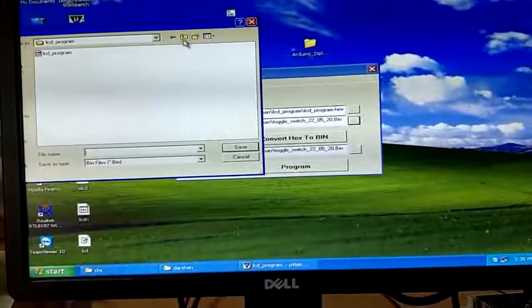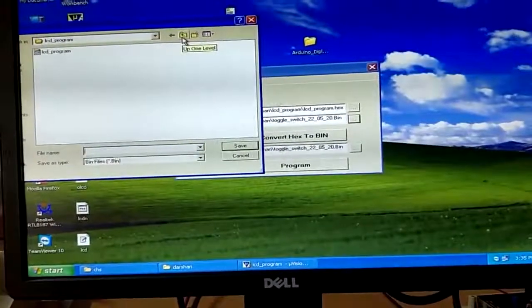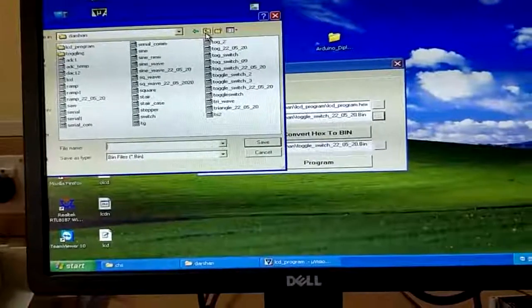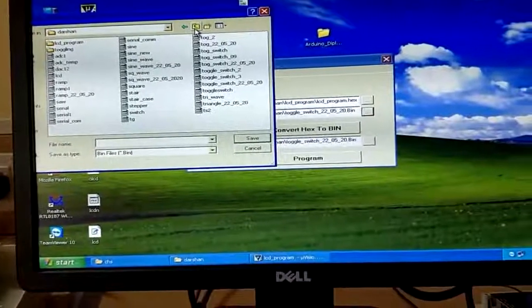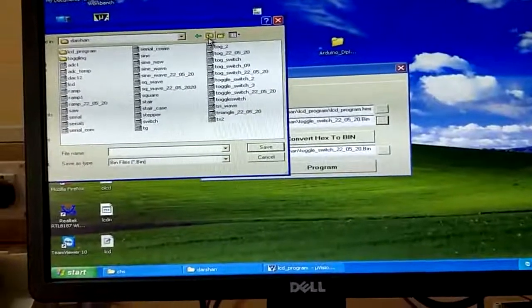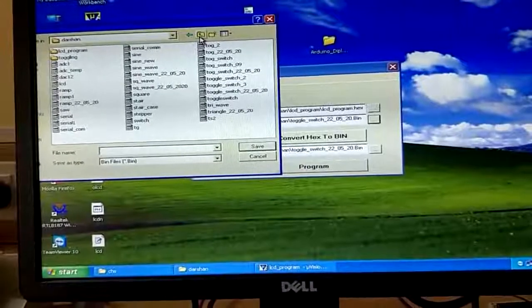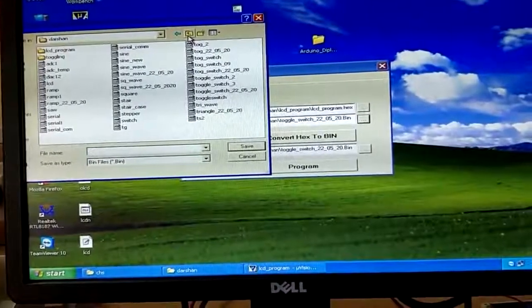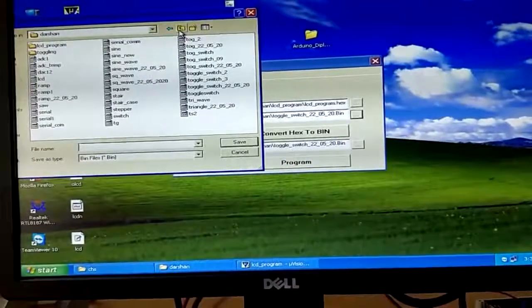Here, in order to convert the hex file to a binary file, I have to browse the location where I have to convert. Because I already created the binary file, whenever you are going to create a binary file, you have to choose the location where you want to store it, and also you have to provide the file name with .bin extension.